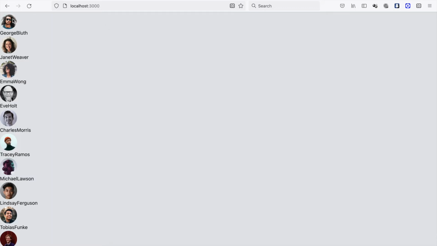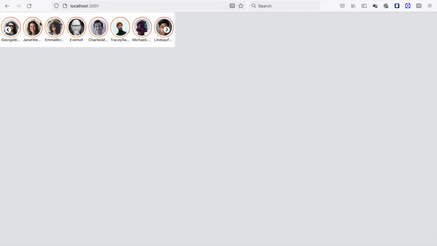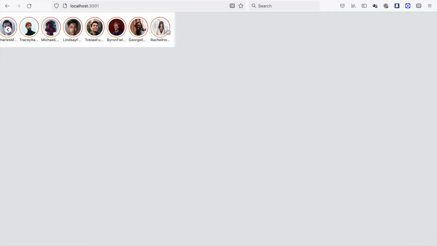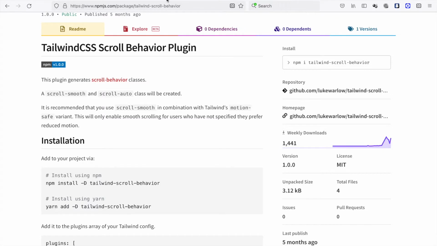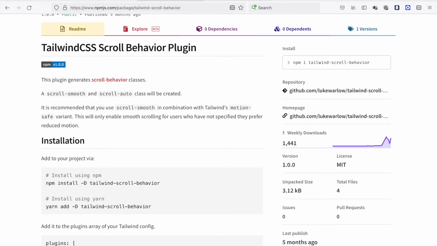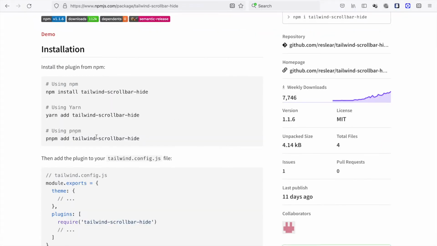We already create this image and also the username, and this time we want to make this horizontal, and we want to hide the scroll bar, although later you can see we can scroll the stories. So first we have to add two packages. One is the scroll behavior, and the other is the tailwind scroll bar hide, so we can hide the scroll